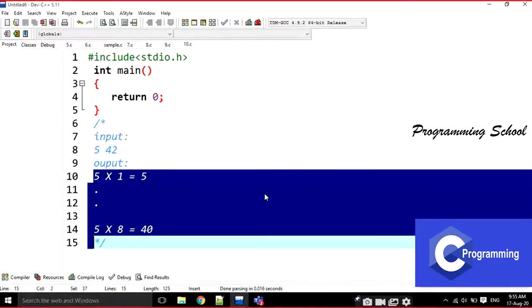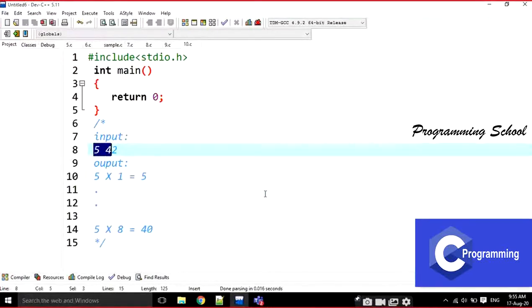For example, if the number is 5, I am going to iterate 8 times. If the table is 3, how many times am I going to iterate? For example, it may go up to 16 or 17. If it is 2, it is going for 21 times. Like this, it is going to be repeated. We don't know exactly. That means which type of loop is it?